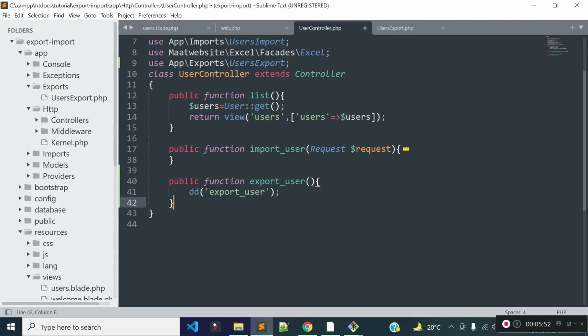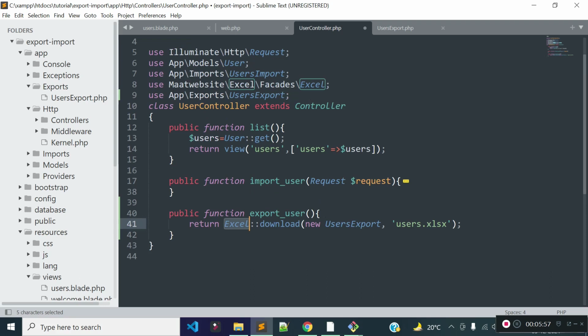Let's copy this and paste it here, and we are using this Excel facade, so we need to include this facade here. I already included it during the import Excel functionalities in the previous lecture. And then inside this download method, the first parameter we need to provide is the object of your export. So I am generating the object with the help of the new keyword, and then we need to provide the file name. So let's provide a file name userdata.xlsx. This is the file extension now.